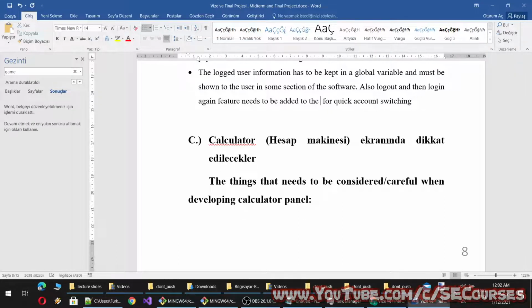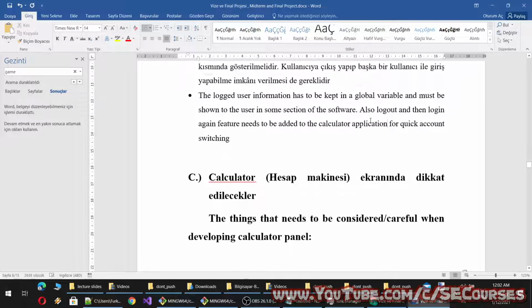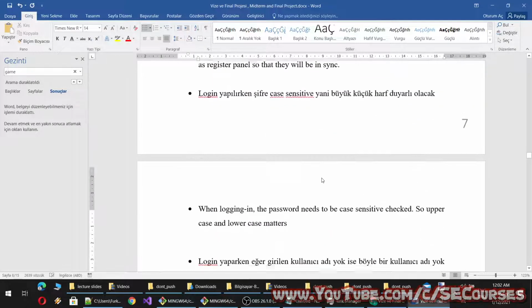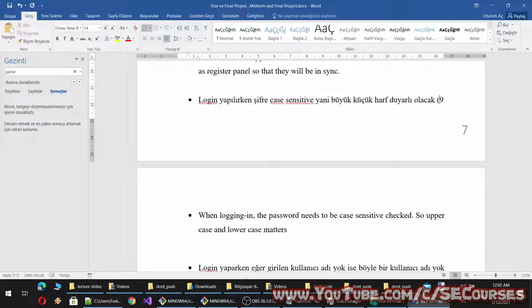Also I will remove this, or let's add a notice.